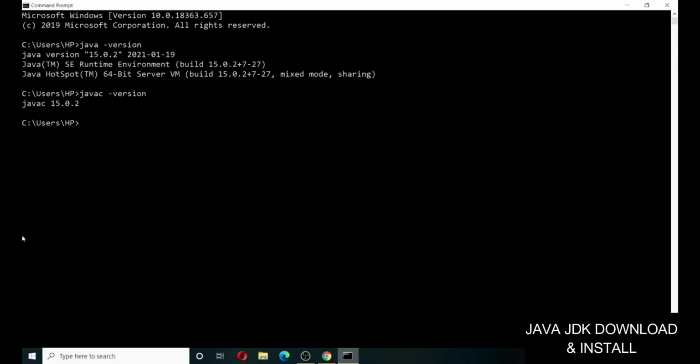And one more command that we are going to give is to check whether the JAVA_HOME environment variable is set, and that command is echo space percent JAVA_HOME percent and then click enter. It is going to give you the path which we have set in our JAVA_HOME environment variable, and it's done. So now we are ready to work with Java on Windows 10 operating system.